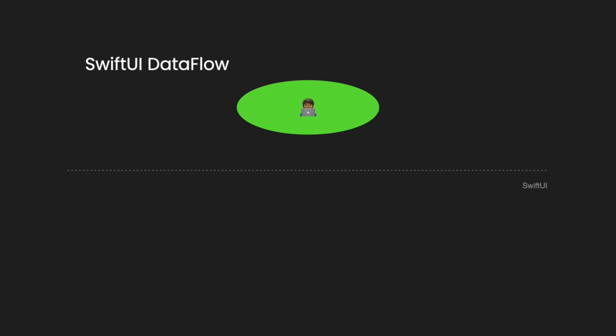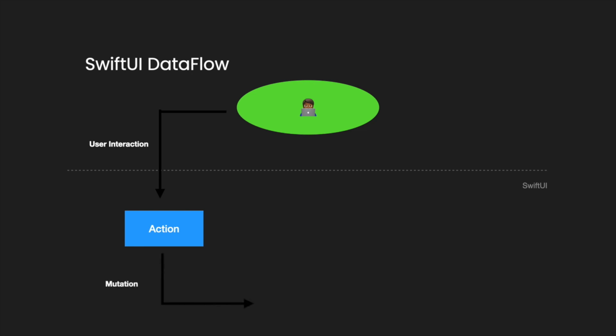So let's just imagine this is a user at the top here, so this is me. Let's say, for example, we have a button that toggles the icon, similar to what we're going to do with the play button, where it toggles between play and pause. If I interact with that button and tap it and perform an action, what would then happen is we have some sort of property, which I'll go into in a minute, that will